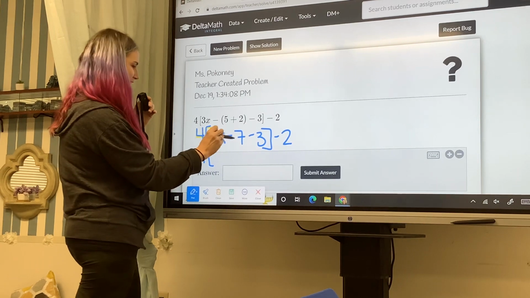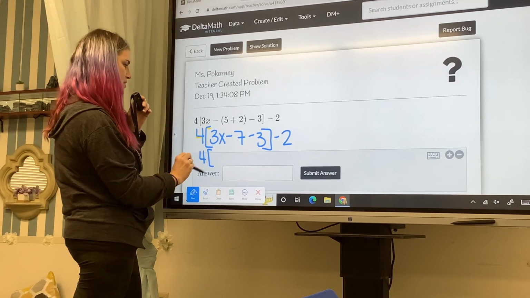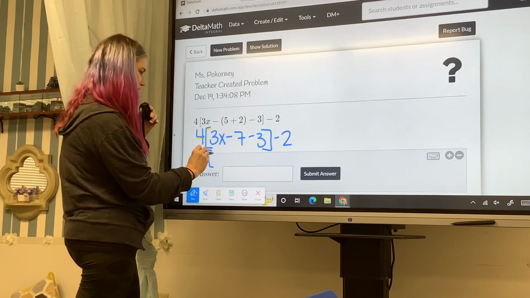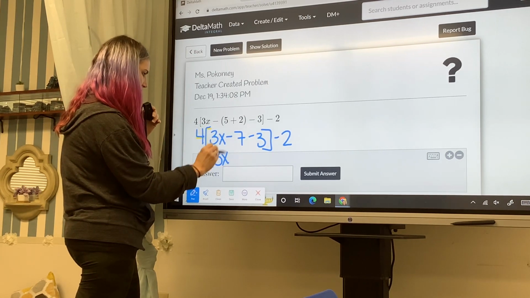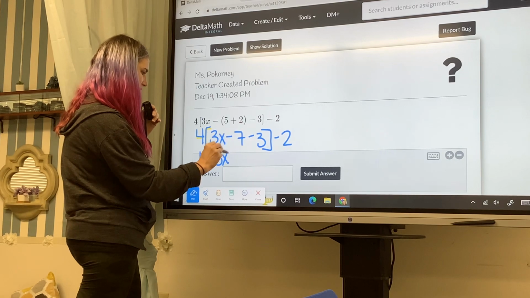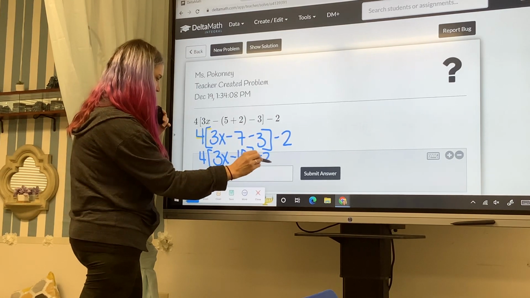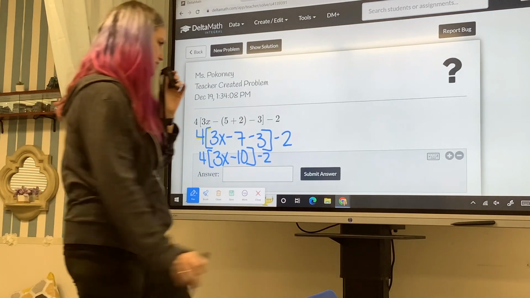So I have 3x minus 7 minus 3. I cannot combine the 3x with the 7 or 3. So it's going to stay 3x, but a negative 7 and a negative 3 gives me a negative 10 minus 2. So I'm going to go over to this side,